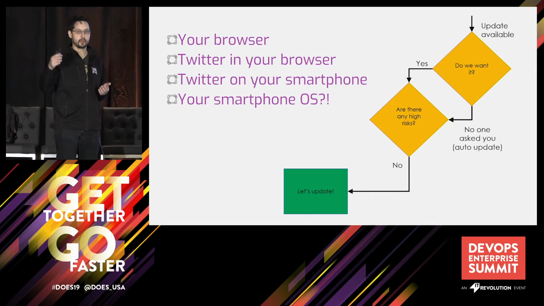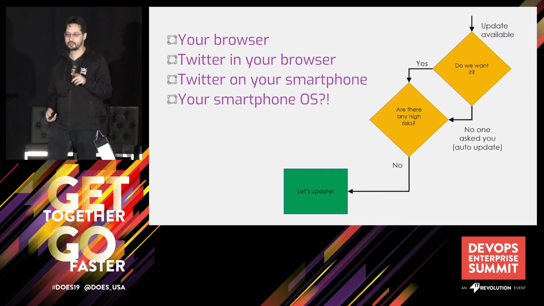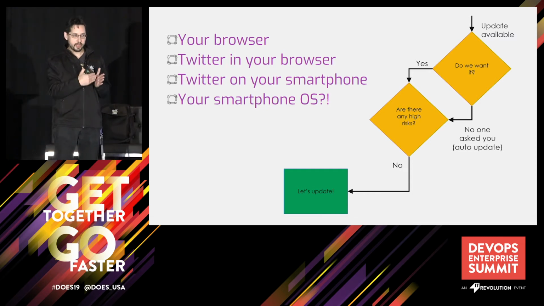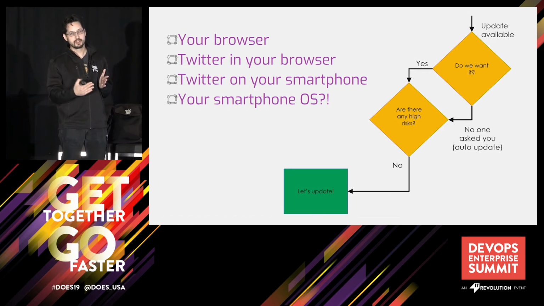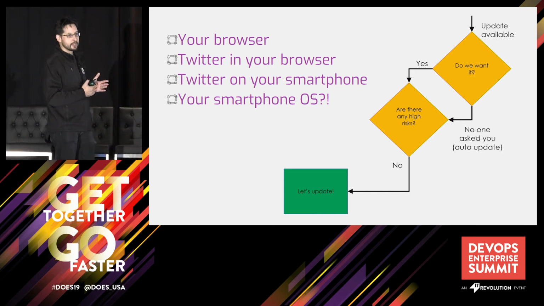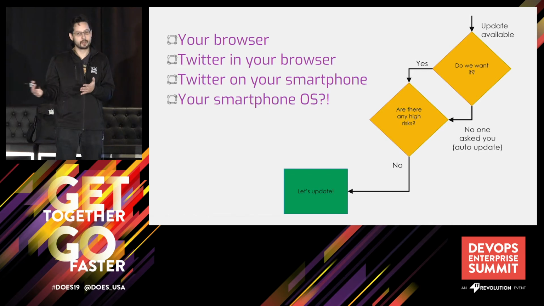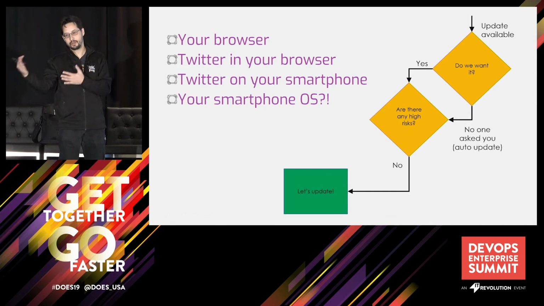What about your smartphone OS? Who knows what version of their smartphone OS? Okay, a lot more hands. And there's a reason for this. Updating your smartphone OS is risky. When you go from one major iPhone update to the next version, we all know that the first version of the software is buggy and has issues. My wife was actually complaining to me on a trip recently because the latest iOS update messed up her to-do list. I checked online, and there was a known bug with Apple where they put a new to-do app out.